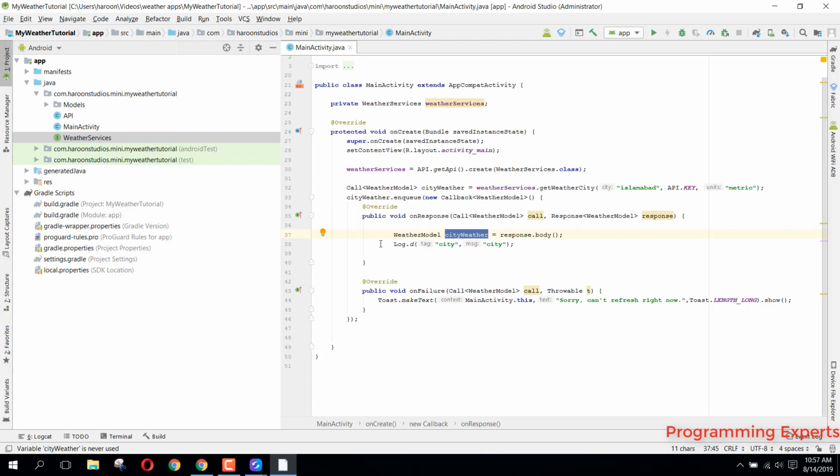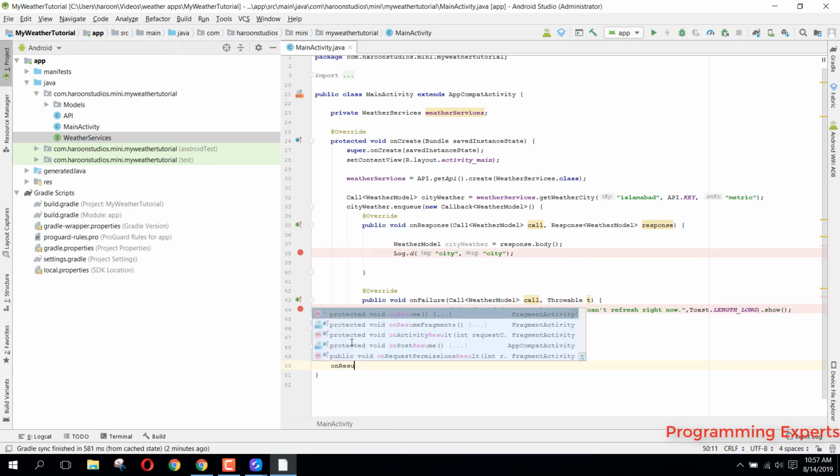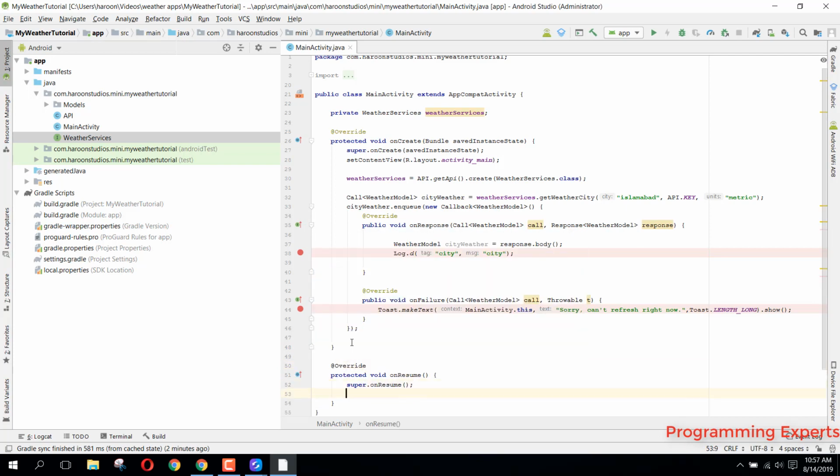So I will click on here and you can see this is the red icon, and also if I want to test it in this line, I can also do that. It is also beneficial to use debugging if you want to know the flow of your program, like which methods are called first and which methods are called after it. So here I will also override a method that is onResume. Alright, and also here let me write